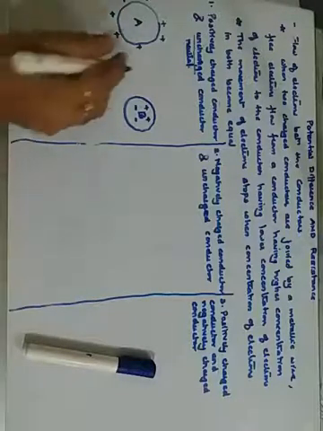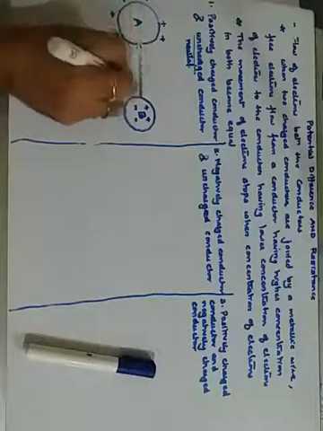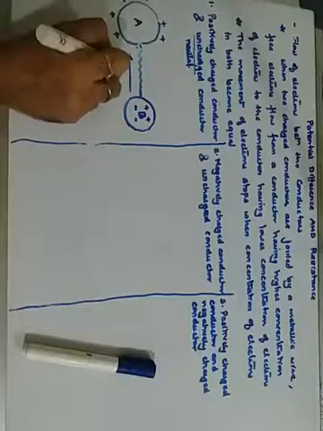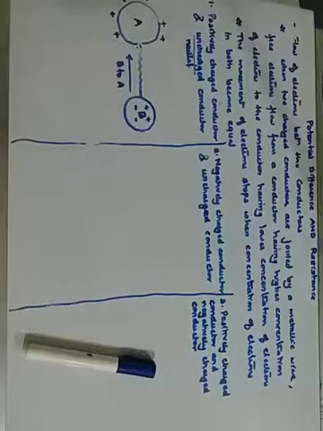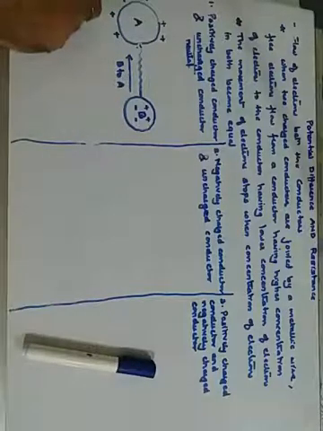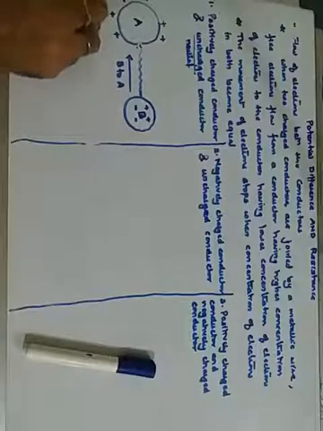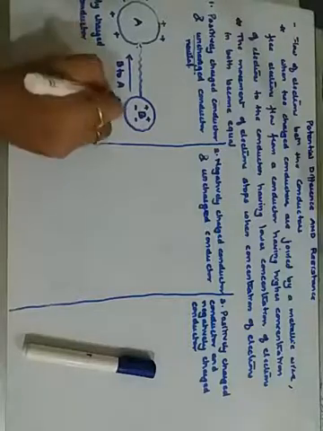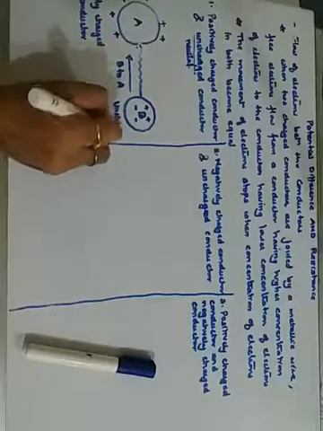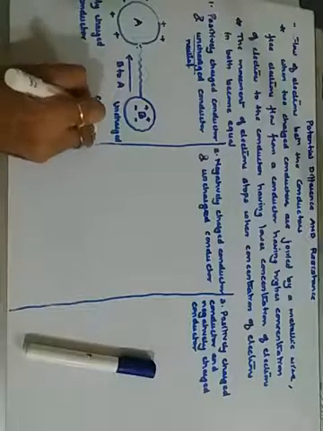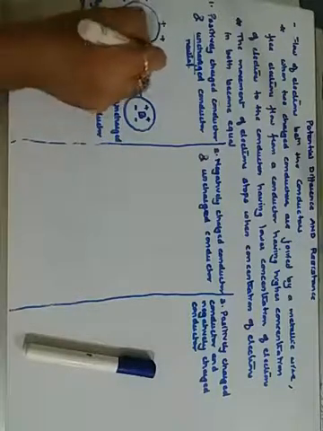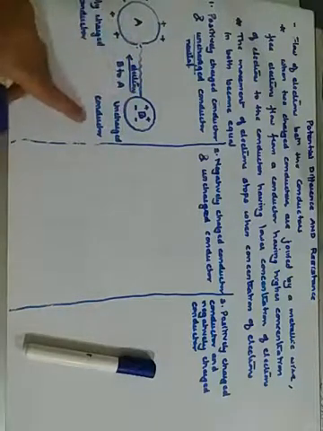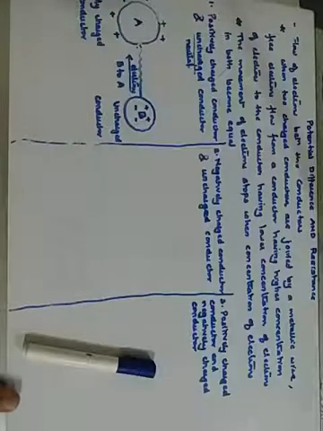So here the electrons will move. When I connect it with a metallic wire, the electrons will start moving from B to A. From B to A. समझ में आ रहा है? It is moving from B to A. So this is your positively charged conductor, and this is your uncharged conductor. When they are connected, the electrons will flow from uncharged conductor towards the positively charged conductor.